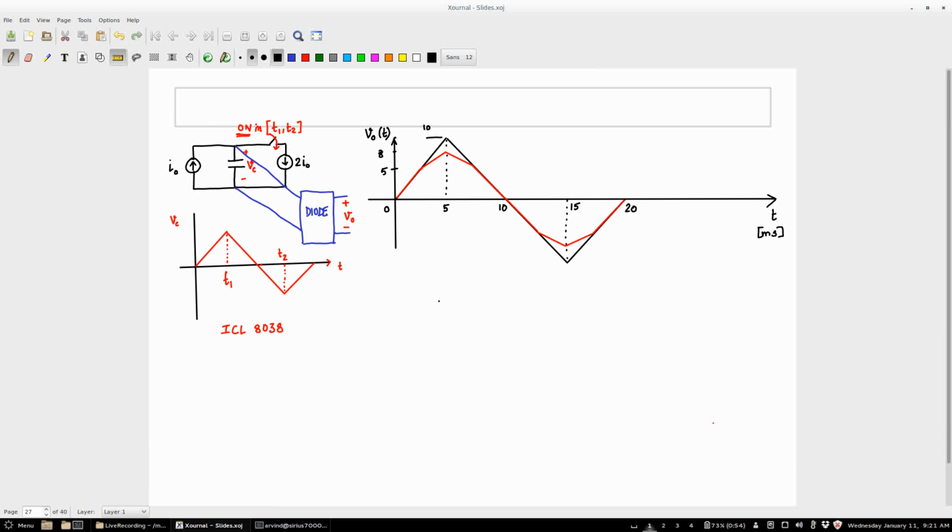So maybe I'll draw the circuit and then you can fill in the values for this. It's very similar to what we had yesterday. What did we have? Here the curve we were looking at was I and V. Now we are looking at a curve where, if you were to draw this in another fashion, what you are essentially looking for is